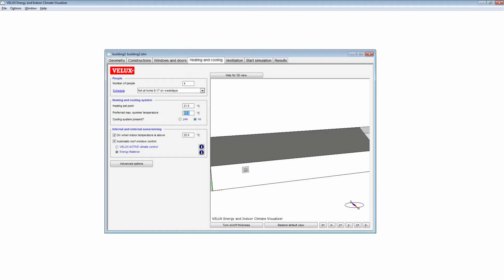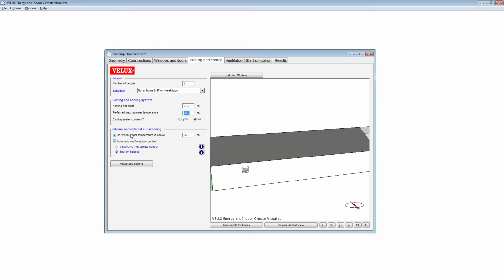But this is the set point at which we will start cooling, if we have cooling, or venting or ventilating the building. And here we can represent if there's a cooling system present. Usually we don't have that in a residential building.